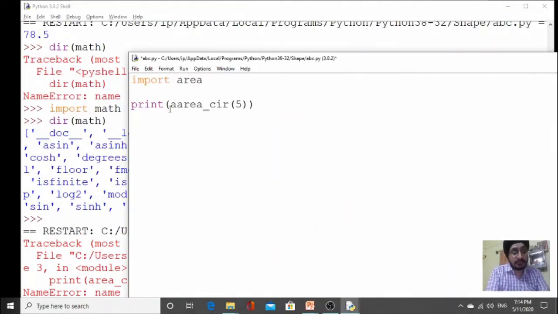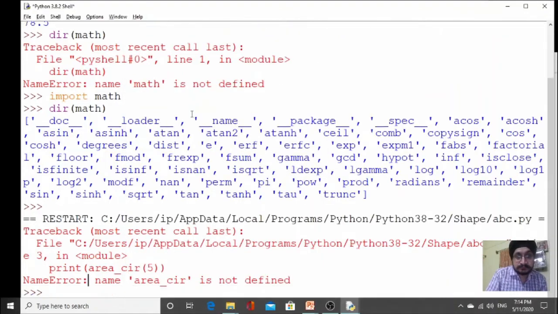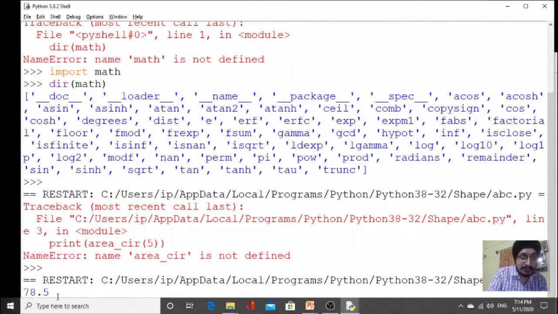So here you have to write area.area_circle 5. You can see, before writing the name of the function, I have to use the name of the module as a qualifier. Now run this program and you will get the result 78.5.